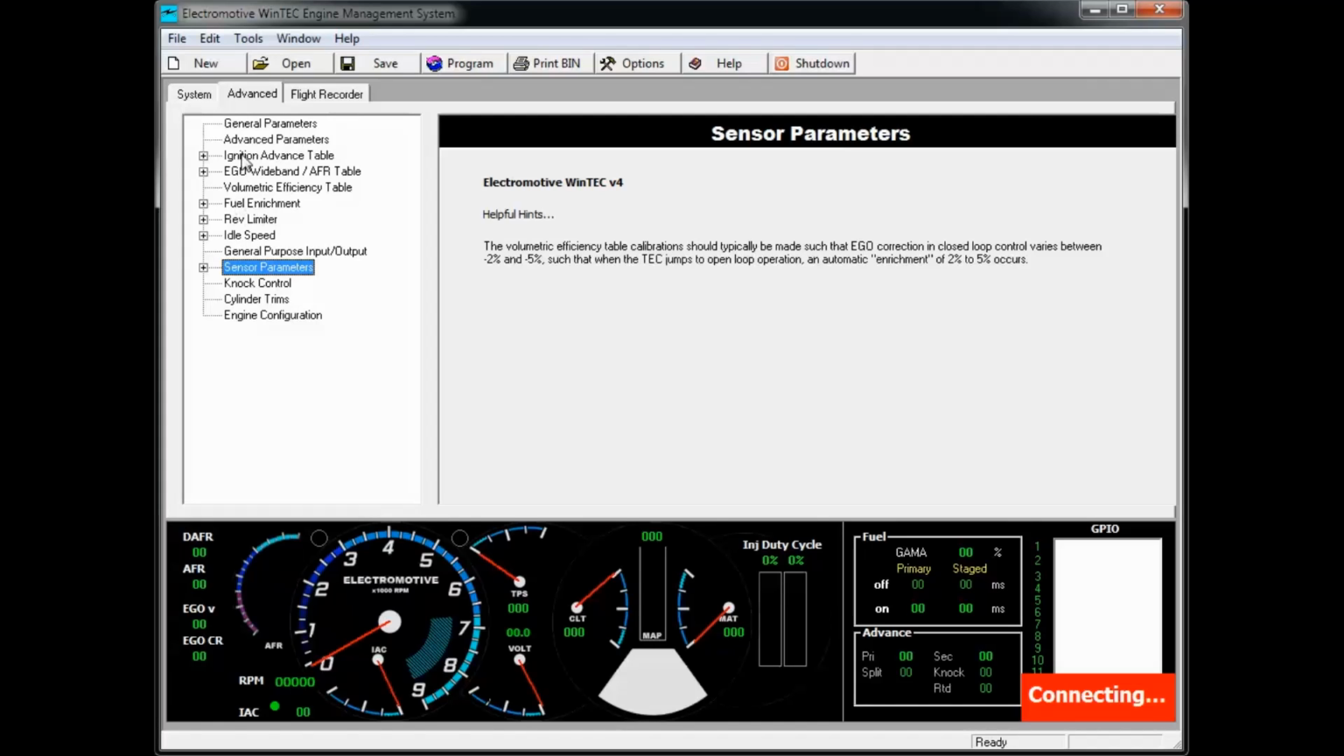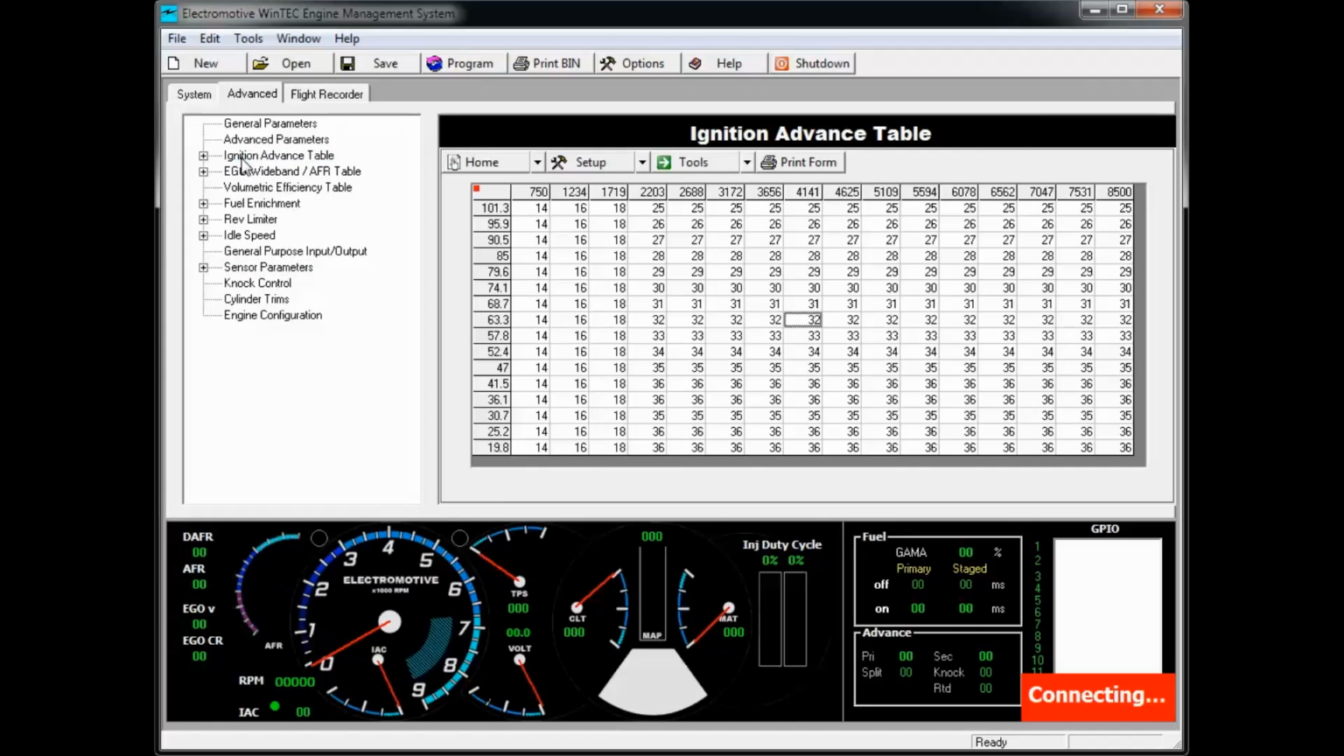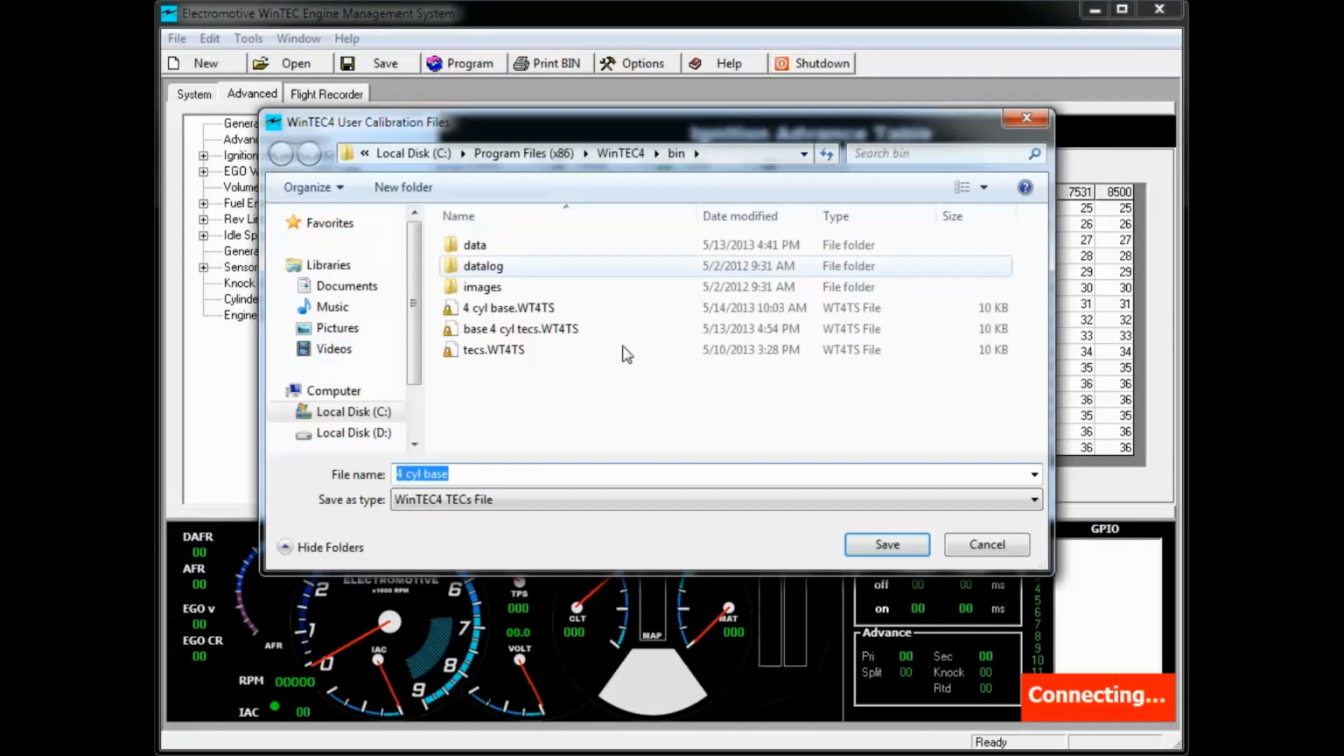Take a look at your ignition advance table and make sure the default settings are in line with what the engine is going to want. Start conservatively and make changes before you program the unit to reflect the advance you want to start with. Usually the base settings can be used as a starting point. Once you've verified these base parameters, you can save the changes you've made,